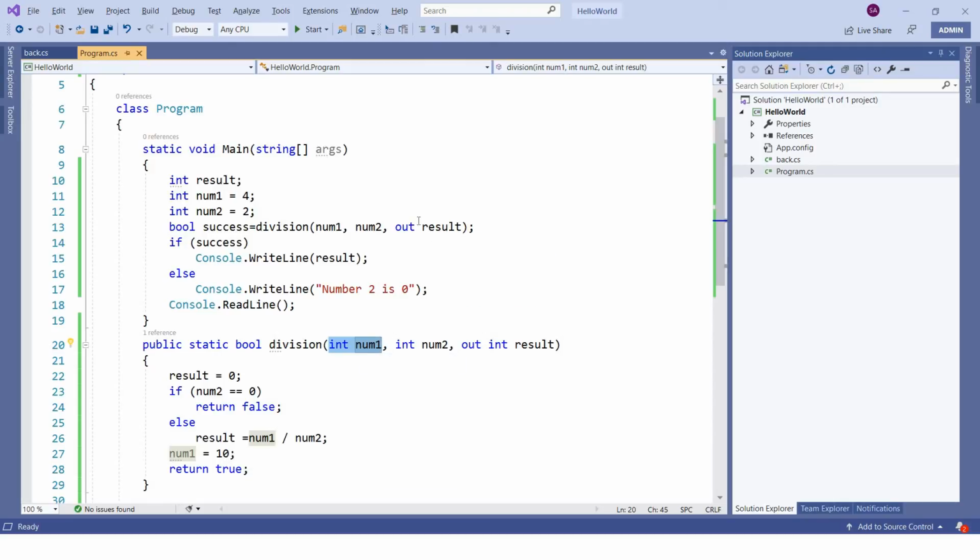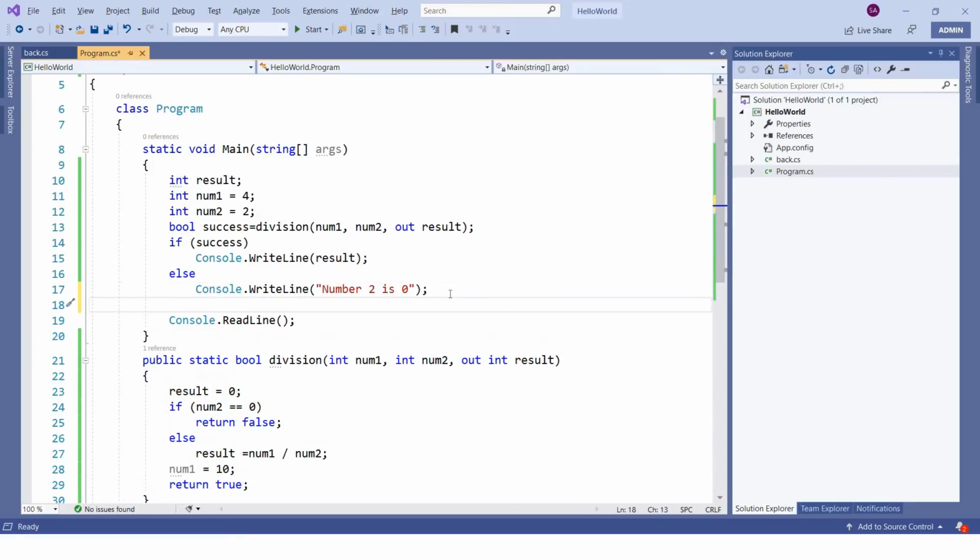But if you pass a variable as an out parameter and modify that variable within this function, then its value will get changed. So let me just print it with Console.WriteLine.